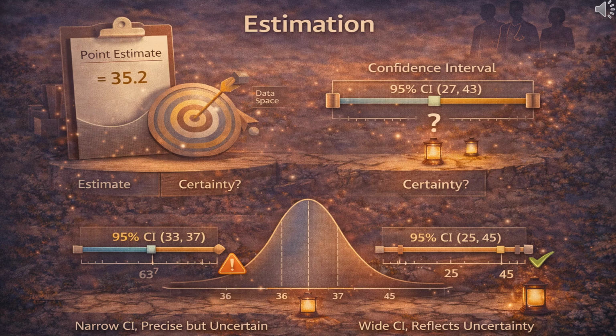For a proportion, the numerator is the number with the outcome, and the denominator is the number eligible or observed. For a rate, the numerator is the number of events, and the denominator is the person time or exposure opportunity. For a mean, the numerator is not expressed directly, but you still describe the data that were averaged and the measurement scale. Examples include reporting about 12 out of 100 eligible individuals experienced the event during the year, which